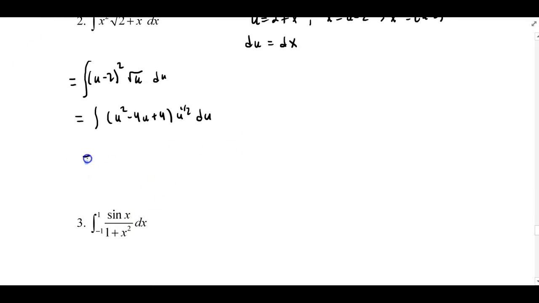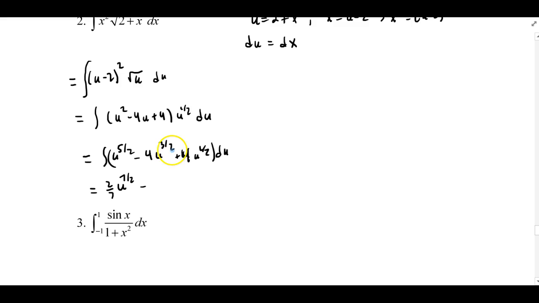And multiplying the u to the 1/2 through, we get the integral of u to the 5/2 minus 4u to the 3/2 plus 4u to the 1/2. And then finding the antiderivative of that, we get, for the u to the 5/2, adding 1 there, u to the 7/2 divided by 7/2, which becomes 2/7, so 2/7 u to the